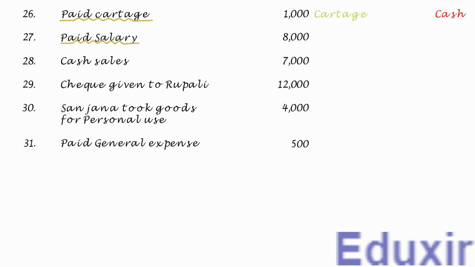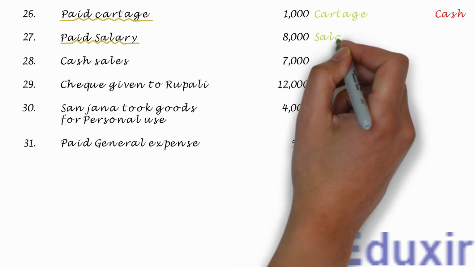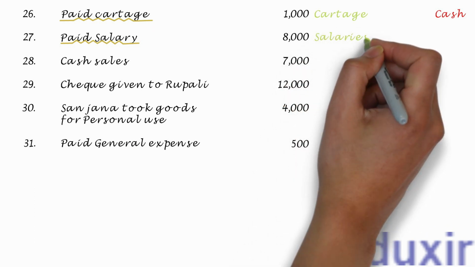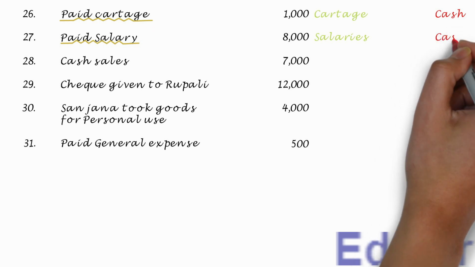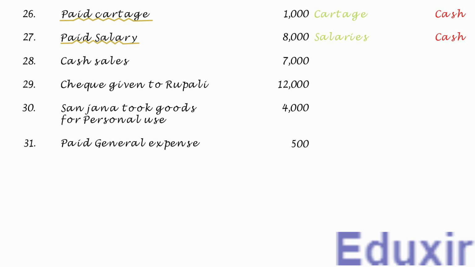The rule to record an expense incurred is to debit the corresponding expenses account. In this case, the salaries account should be debited. At the same time, as the payment of salary is done in cash, the cash asset of the business will be decreasing. The rule to record any decrease in the asset is to credit the corresponding assets account. In this case, the cash asset should be credited. With this analysis, let us now proceed with the generalizing of this transaction.